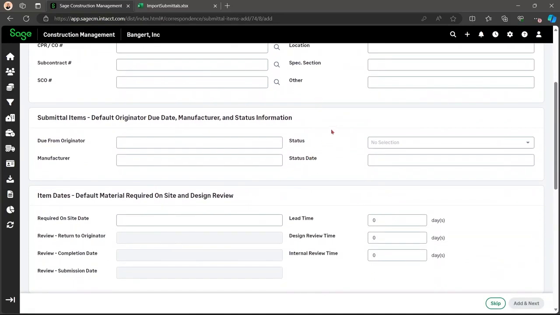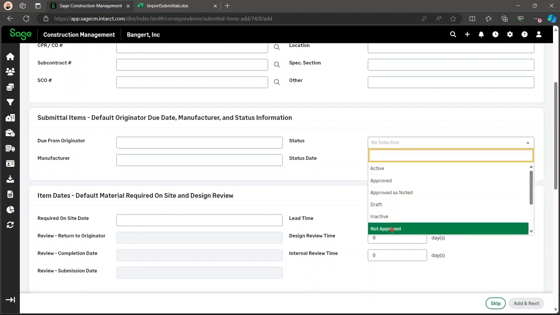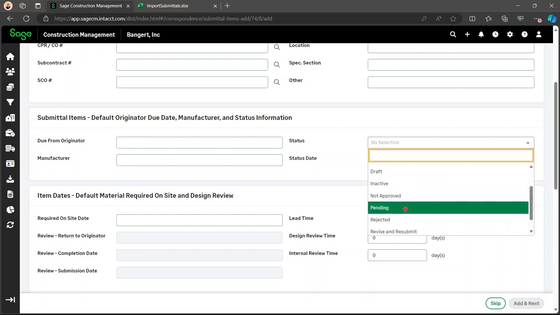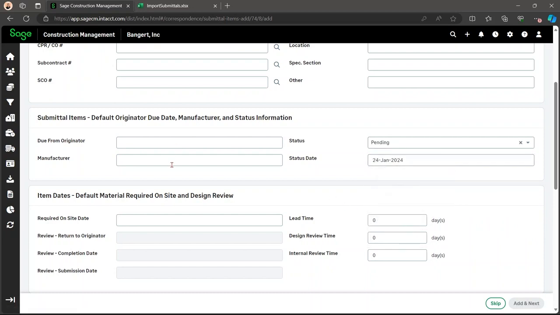You can also add default due date, manufacturer status, information. Status date, manufacturer, when it's due from the originator.